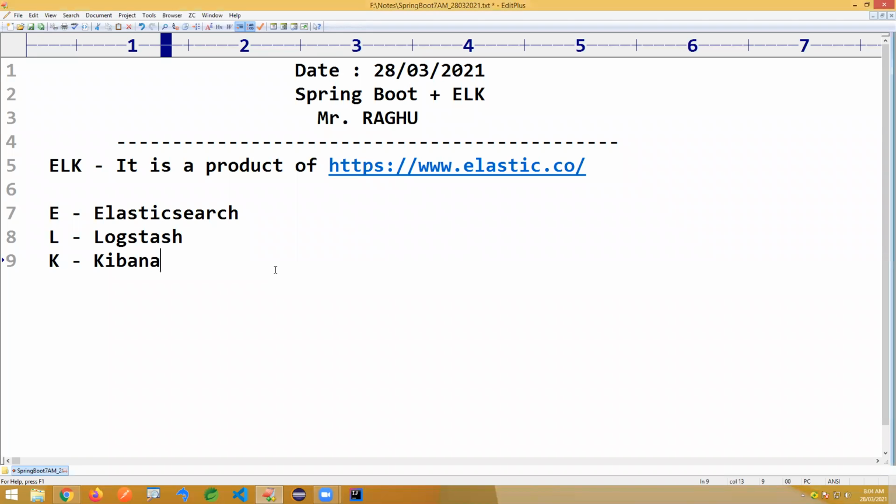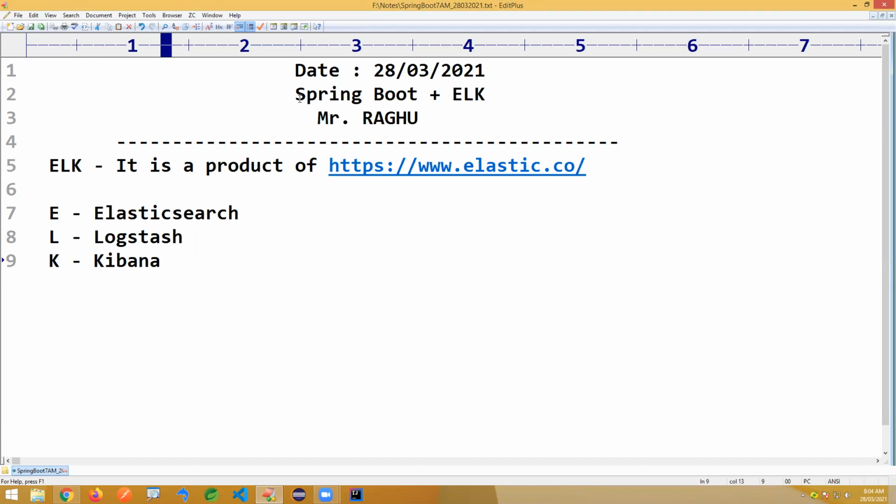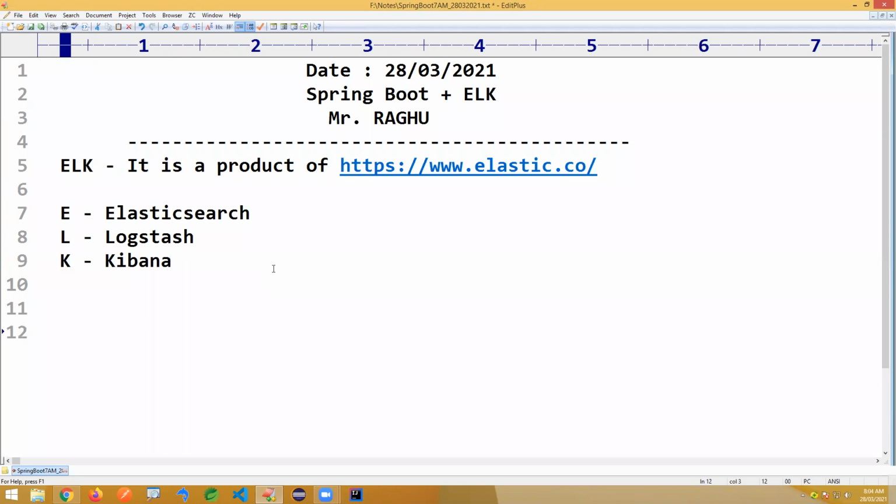Now, why is this ELK software required? So far we wrote different kinds of Spring Boot applications, and we deploy these applications in the production environment.